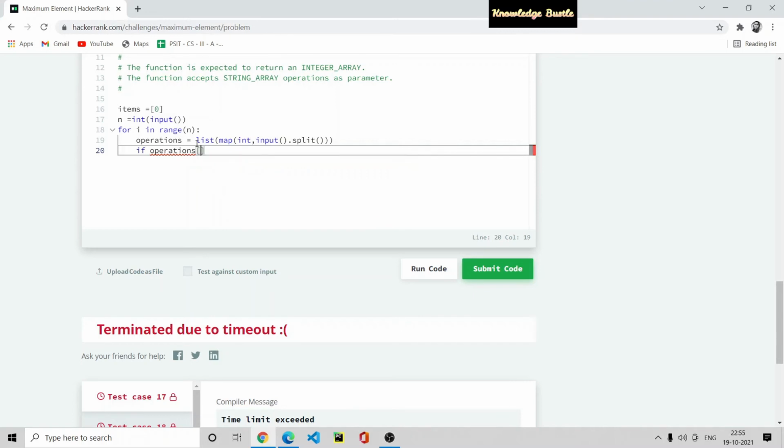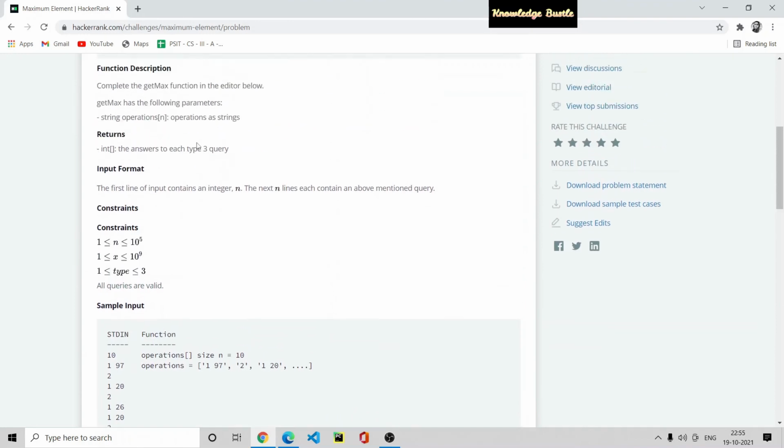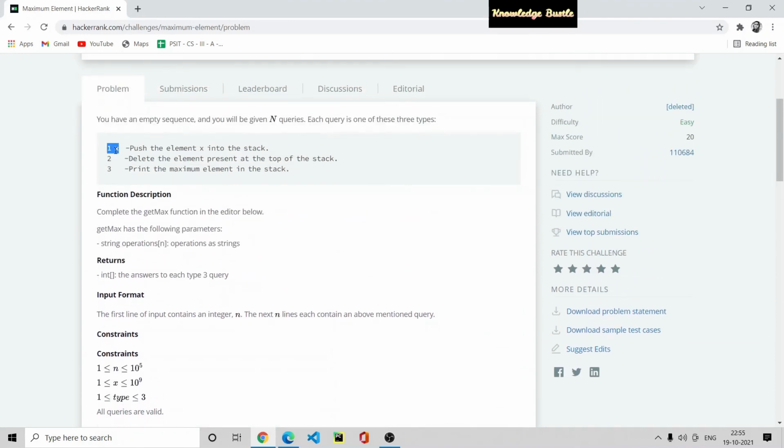contains 1 at index 0 of the operation array, and index 1 contains the x element.